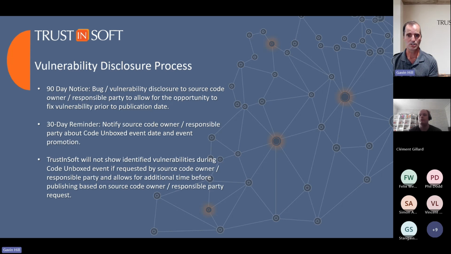We've already done the analysis on the code, so we know what we're expecting. We're just sharing the analysis here on this call. We disclose any of the bugs or vulnerabilities that we found during our analysis 90 days prior to the event. And we also have a 30-day notice period with the owner or publisher of the respective source code